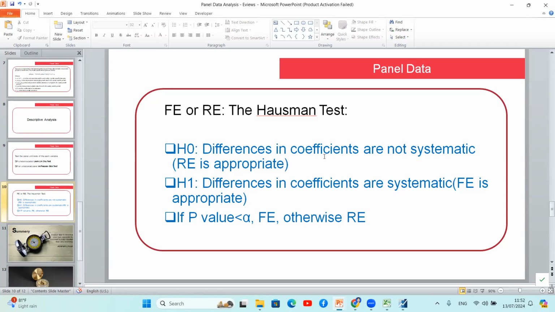So normally H0, the null hypothesis, is that the differences in coefficients are not systematic, right? So then, of course, random effect is most appropriate. It means if the null hypothesis is accepted, we need to use the random effect model. If the alternative hypothesis is accepted, it means the differences in coefficients are systematic. So then we need to select the fixed effect model, right? So you can see here how we select based on the p-value. If the p-value is lower than